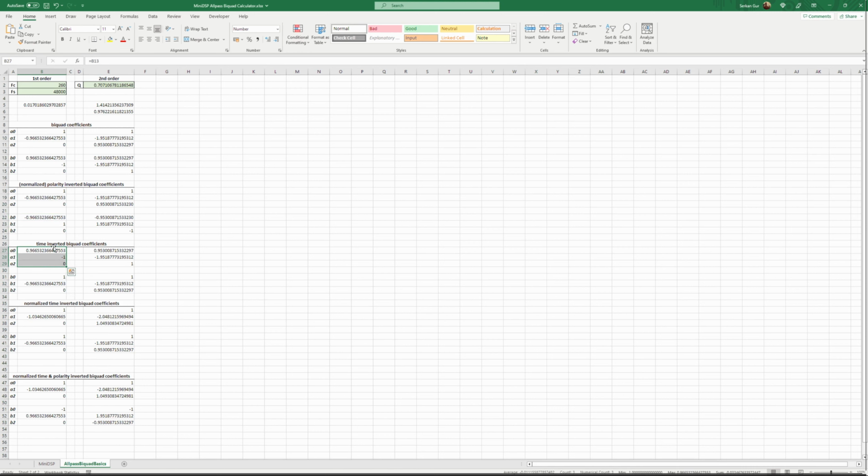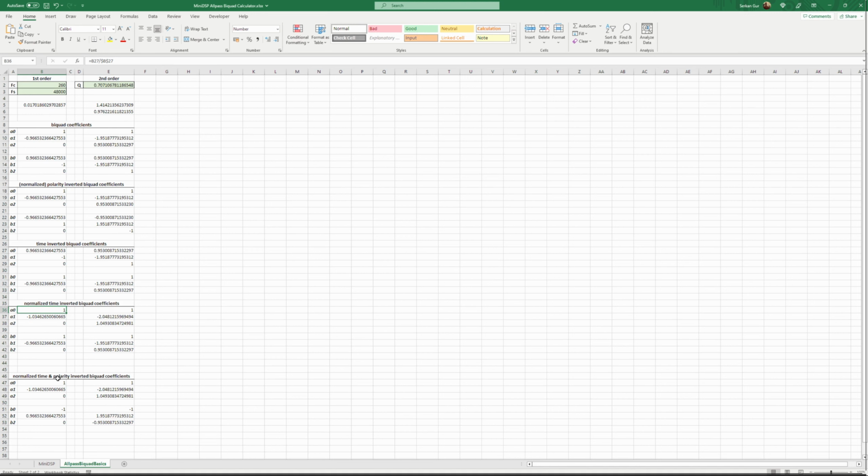However, when you time invert biquads, A0 is no longer 1, and you cannot enter it this way to miniDSP. You have to normalize them, and to normalize them, you divide every A coefficient by A0. So A0 becomes 1 here. You're dividing this number with itself and it becomes 1, and then you're dividing -1 here with this number and it becomes this, and you divide 0 with this number and it stays 0. You don't touch B coefficients, they stay the same. So now, as you see, A0 is 1 and we no longer have to enter it to miniDSP, and it's normalized and time inverted.